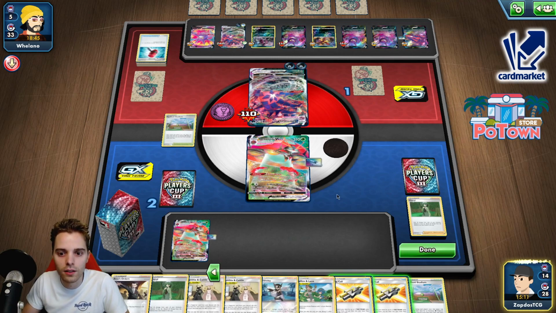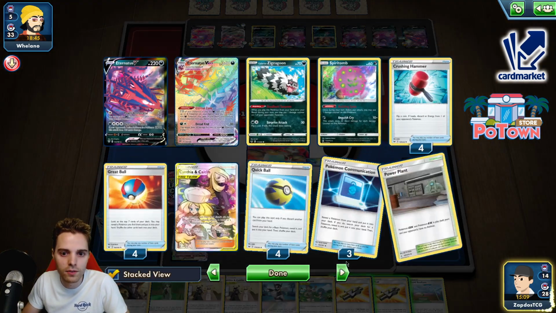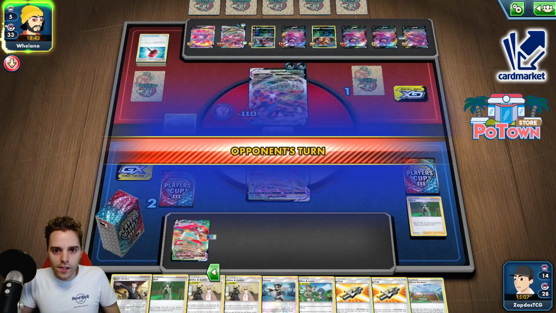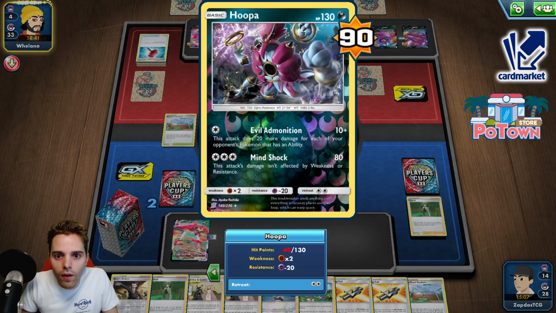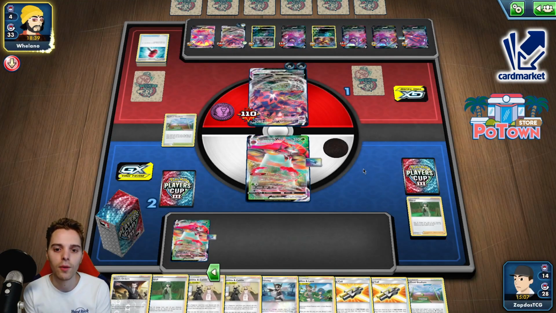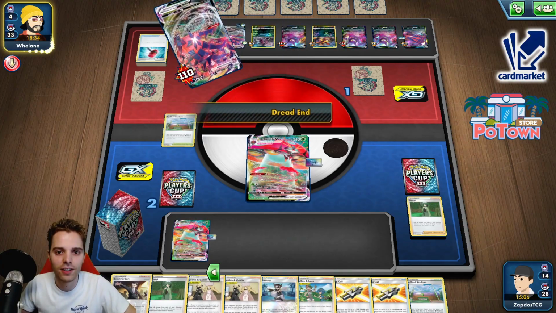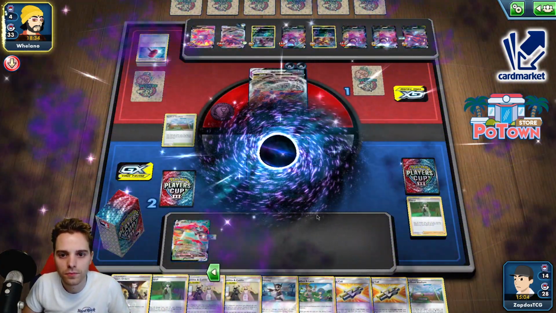Leaving the tackles in there, although if he reset stamps, the chance of us drawing into a tackle would be nice. Okay, these are our targets right now. Yveltal and Hoopa. And next turn we win the game with Grimsley. Oof. And this is so funky, man. If you're not seeing, okay, there's a Dread and